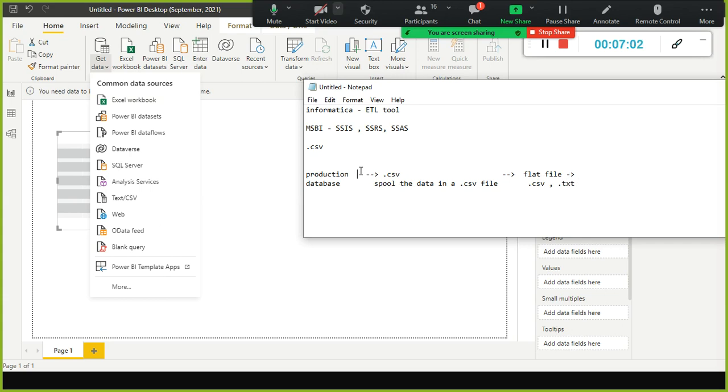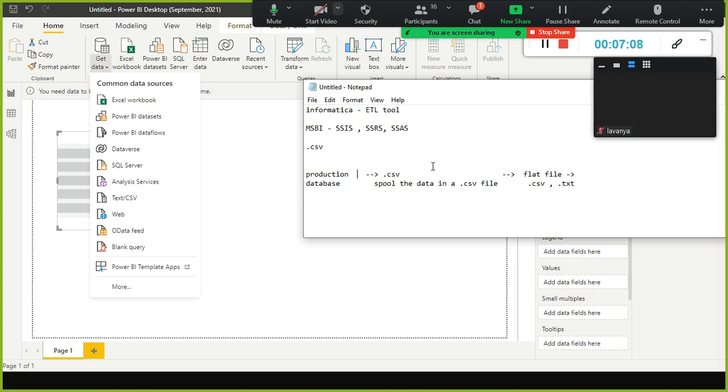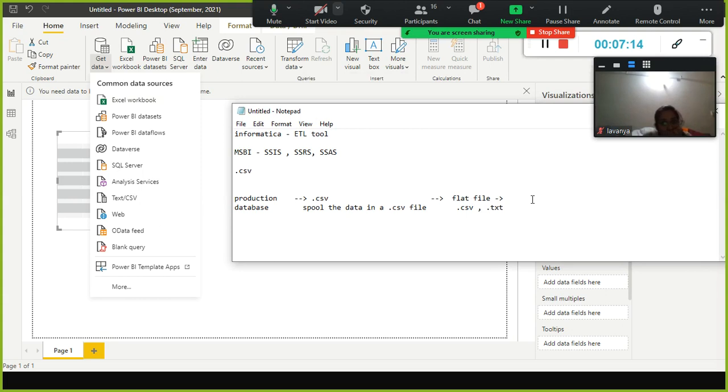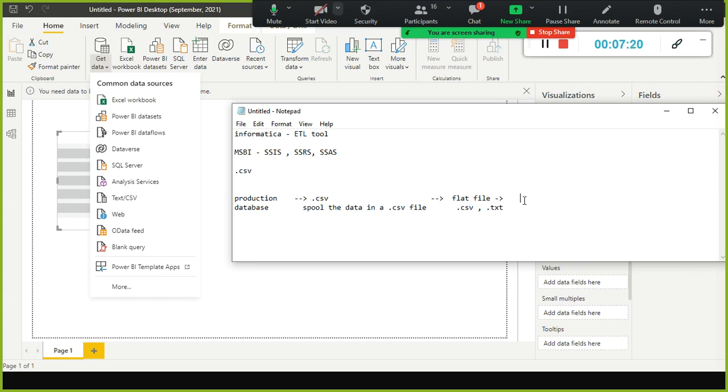The reason why they don't give access is that the production database is already accessed by millions and millions of users. They don't want this database to be disturbed by various users accessing it. On top, if you run your job against this production database and it messes up, for example if your query takes millions of records and does data transformation while extracting the data itself, that will cause a major performance bottleneck on the production database. That's the reason why they don't give access directly. They will give the file upfront.